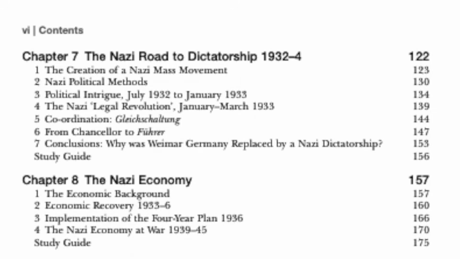Chapter 7, The Nazi Road to Dictatorship, 1932 to 1934. There are a few politicians in here that are completely outsmarted by Hitler. They are old, aristocratic, not very bright guys who get played like a fiddle. Takes some daring by Hitler to demand to have a high position of power and then get it. And there's some bad timing as well with Hindenburg's death, which allows the Enabling Act, and we see how the